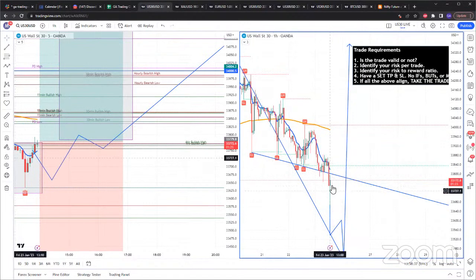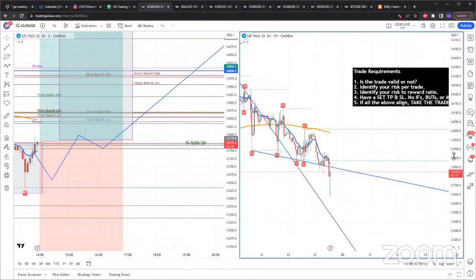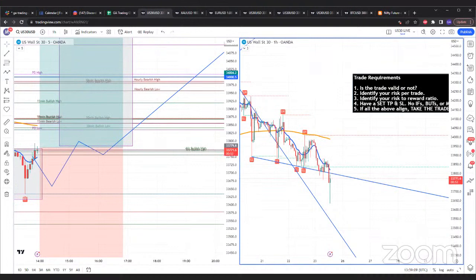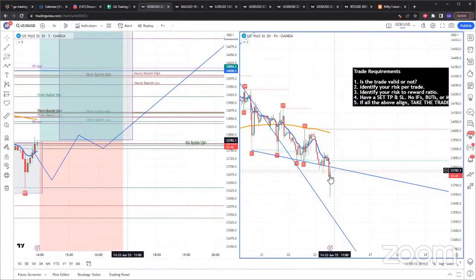Right here. Now, if we do get this hourly closure above that particular trend line, that would be a nice confirmation for a buy. But again, if you're trading trend lines or the 9 EMA, we would want an hourly closure above this trend line, and then we would want to wait for the next hourly candle to retest that trend line and close above. So to trade this trend line, we would have to wait another hour, and it doesn't look like this hourly candle will close above that trend line.